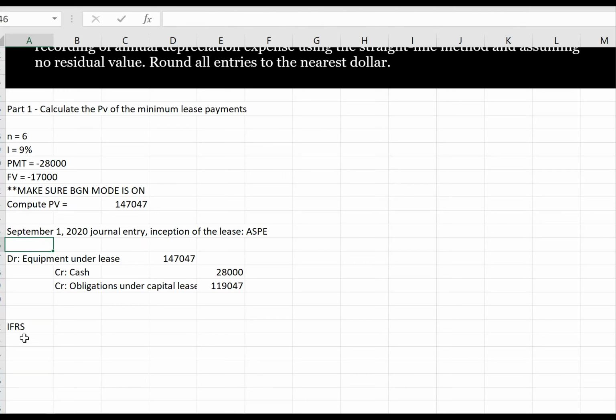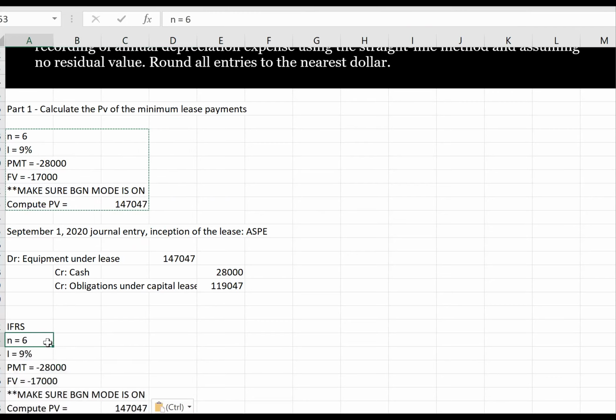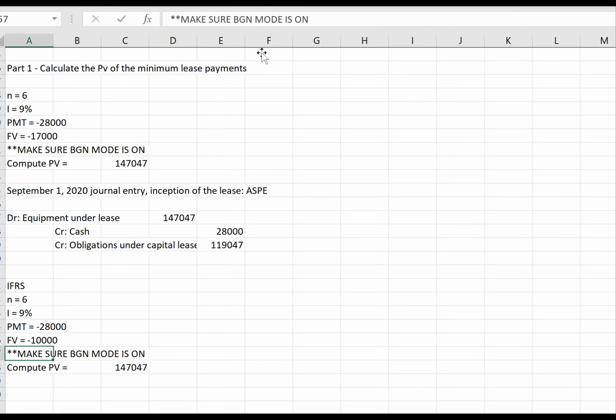Okay, and this is going to be IFRS. So we're going to have all these same inputs. Just copy this down. The lease term's the same, the interest rate's the same, the payment's the same. Now, remember that the guaranteed residual changed to 10,000 from 17,000. We still need to make sure begin mode's on because these lease payments are due at the beginning of the period. And now when we compute our present value,